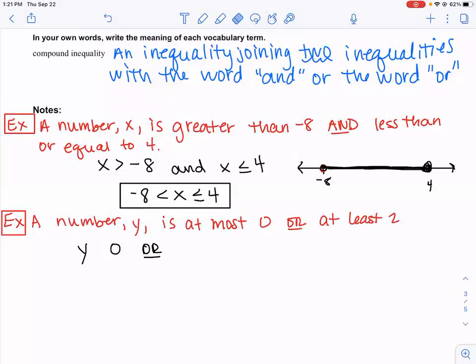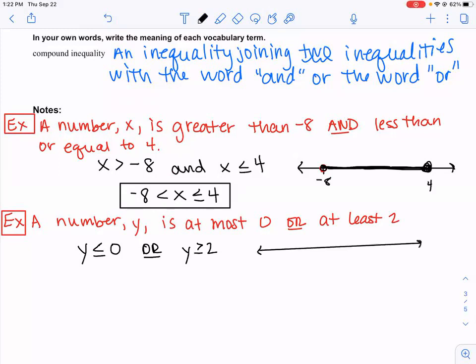So hold on, can we go to at most? At most, does that mean 0 is the biggest or the smallest it can be? It's the biggest it can be. So y is going to be 0 or less, right? So y is going to be less than or equal to 0. Okay, so then Colin, at least 2 means y is going to be greater than or equal to 2. Okay,